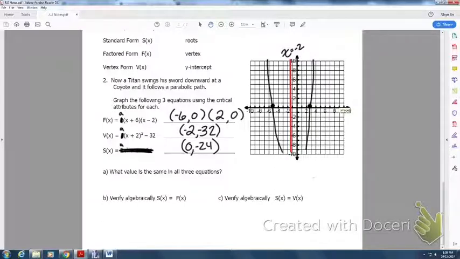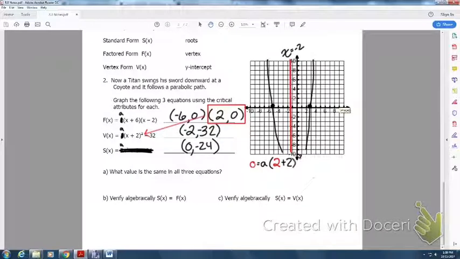Whenever I do this, I will find the root that has the smallest number. 2 is smaller than 6. I know it's -6, but 2 is going to give me easier calculations than -6. And I'm going to plug that point into the vertex form. So the y value of that point is 0 equals a, because I don't know what a is yet, parentheses, and then I'm plugging in 2